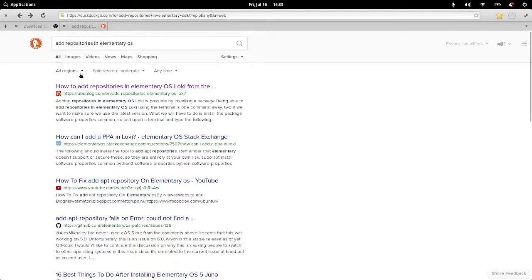And I was like, okay, what? And then I literally searched for add repositories in Elementary OS, and the first result, I was looking for the word for that, was from an Ubuntu blog. It looks like. Wow, that's such a dumb name. Ubunlog.com.